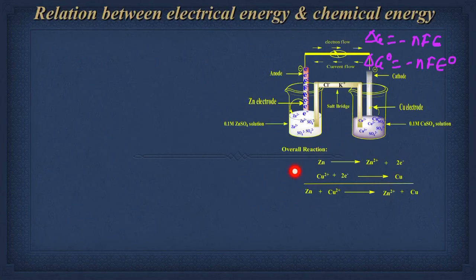Due to this spontaneous reaction there is a formation of a cell EMF, or we can say there is a flow of current through the circuit, and directly we can say there is a formation of electrical energy. So we can write the electrical energy which we get in this reaction as the quantity of electricity passed through the cell